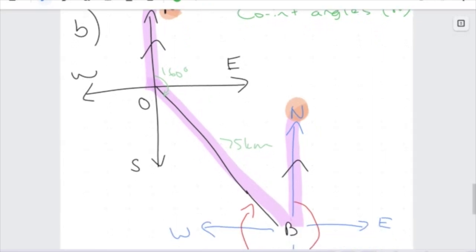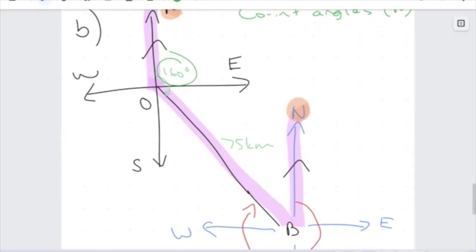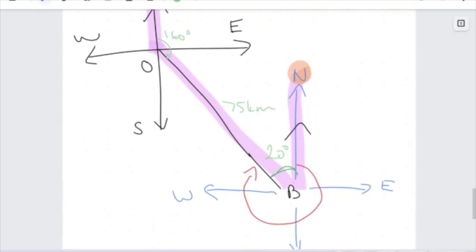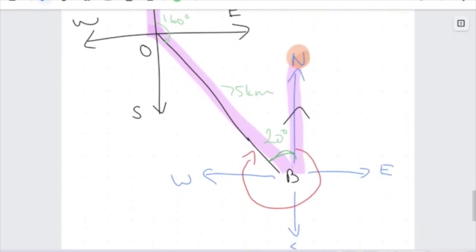So that means that this angle here, 160, as well as this angle down here, have to add up to 180. Now, what number do I have to add to 160 to get me to 180? Well, that's just going to be 20 degrees here. So, if that angle is 20 degrees,